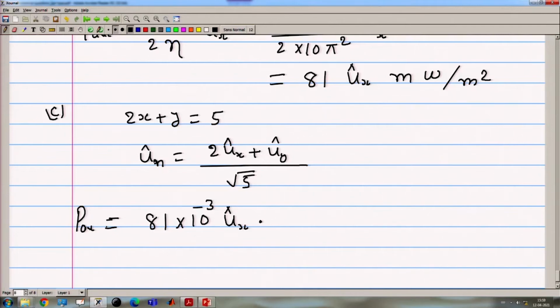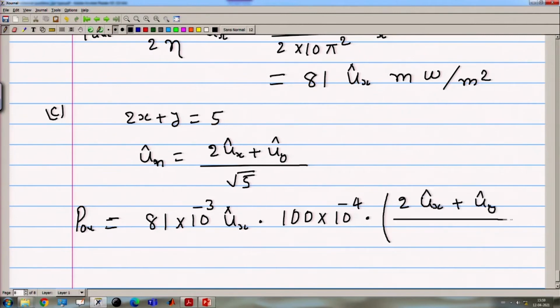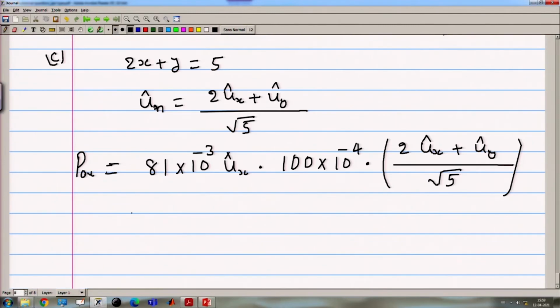For ds, 100 square centimeter means 100 into 10 to the power minus 4, into the unit vector. The dot product will be ux dot (2 ux plus uy) over root 5. So, ux dot ux will be 1, and the total is multiplied with 2 by root 5, and ux dot uy will be 0. So, the final answer will be,